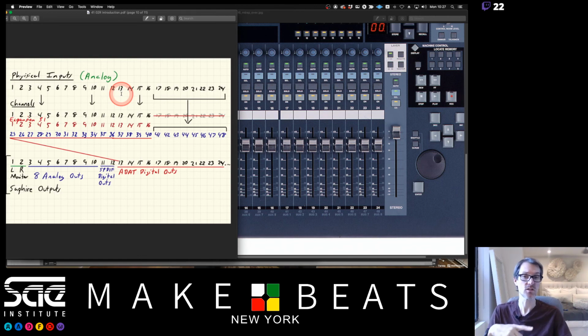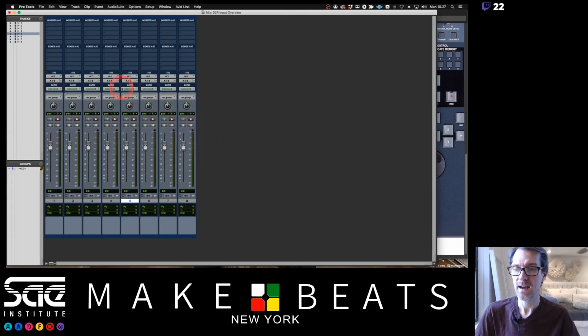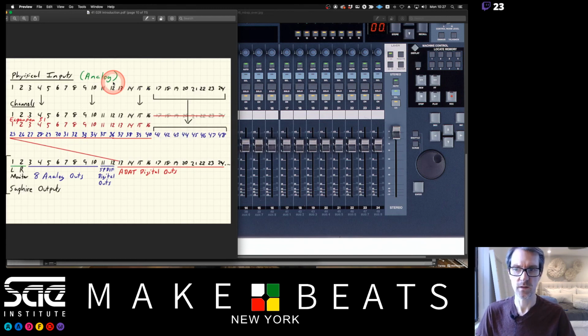And you can change this, just like I can go into Pro Tools and change this and set this up and say, okay, this is how my studio is set up. I've got input number 5 going to channel 1, and input number 2 going to channel 2, and input number 7 going to channel 3. And I could have this be my setup if I wanted to. Same thing with the O2R, we can have a default setup. So the way we have this set up,